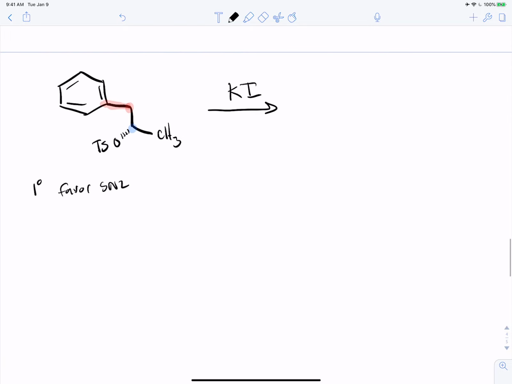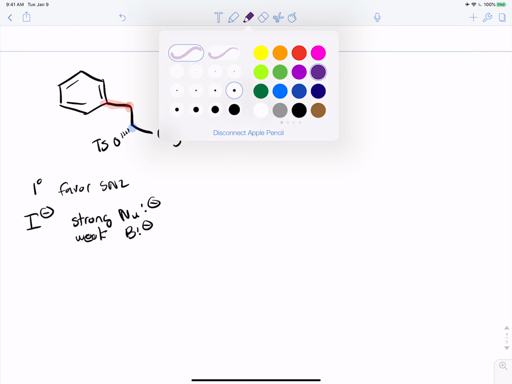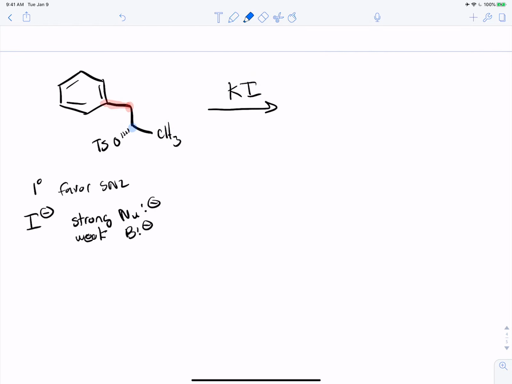The exception is if you have a really strong bulky base like tert-butoxide, which we do not here. We look at our reagent, so I'm dropping the potassium, and that is a strong nucleophile but a weak base. Okay, pretty straightforward one. I wish they'd have started us here in the workbook. Weak base means it's not going to be very good at E2. We know it favors SN2 already. We've got a strong nucleophile there. Yeah, this is a straightforward case of